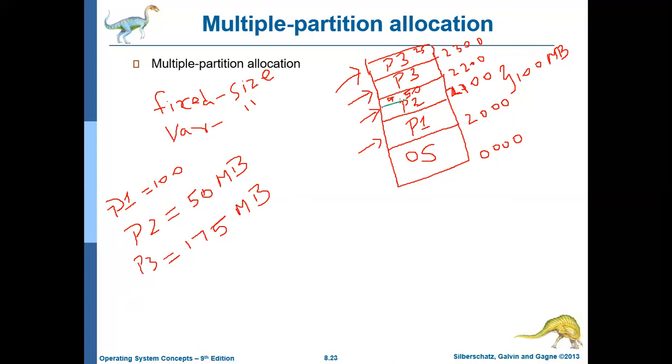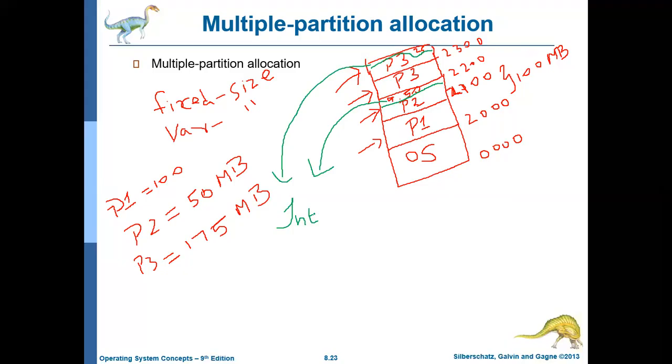This type of memory which is getting wasted due to fixed size partition is called internal fragmentation. The memory that is getting wasted because of fixed size partitioning is called fragmentation, because the memory got fragmented.